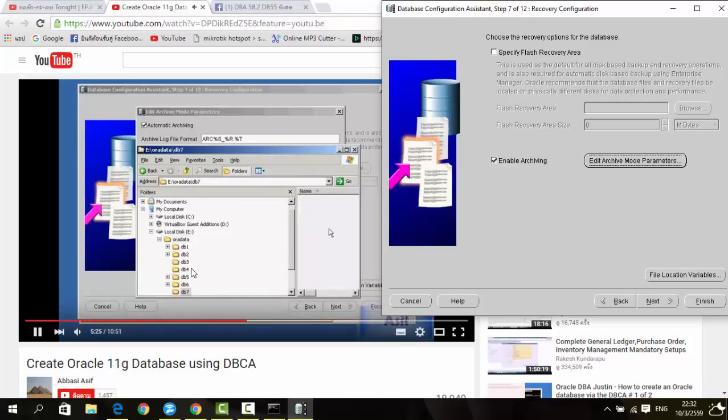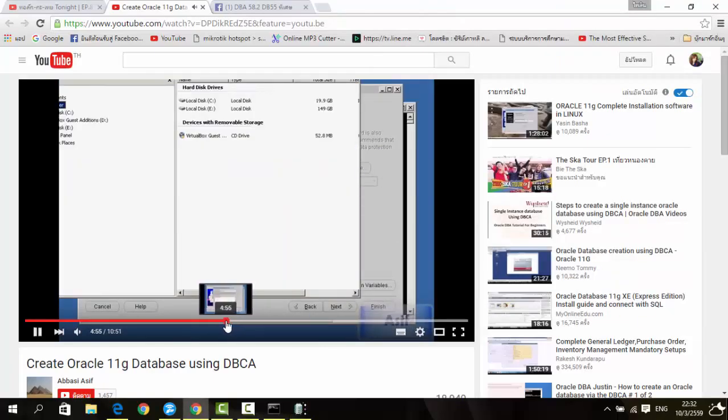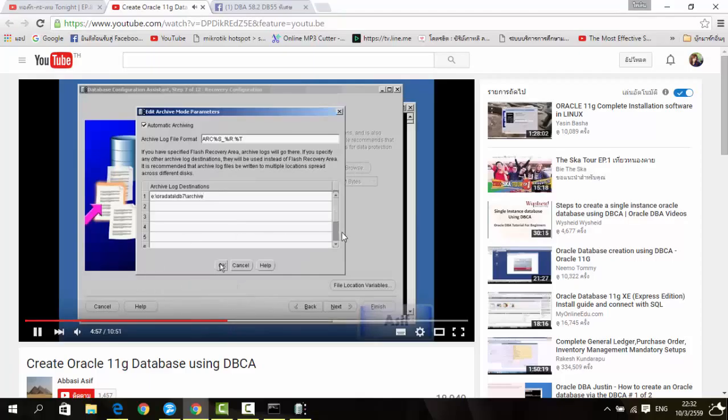DB7. In this directory, I am going to create this directory. So this is the location